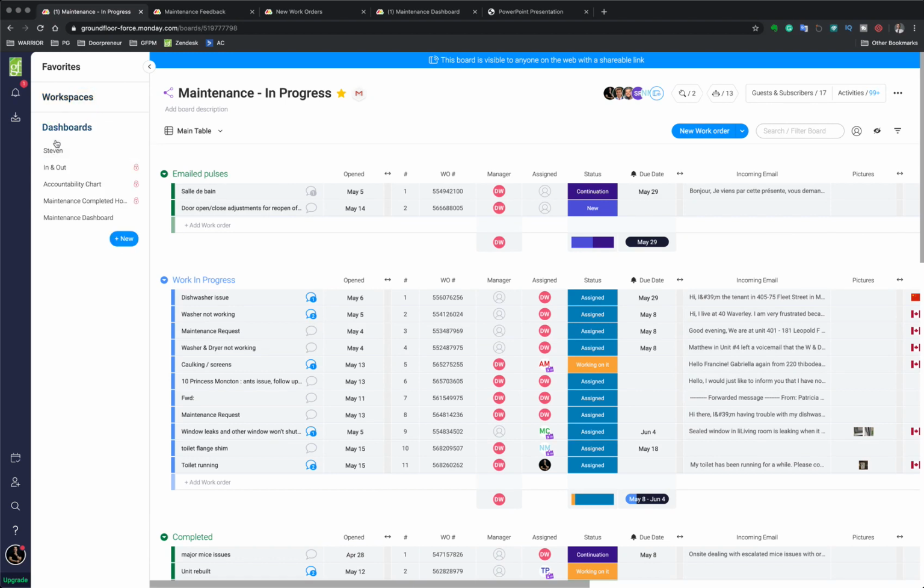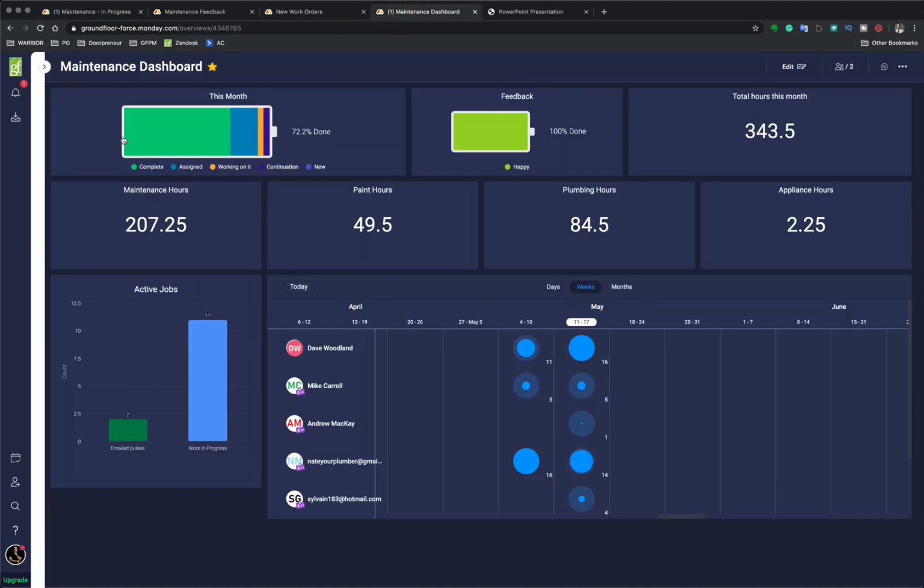But then we also have something called dashboards. And really, we haven't gone a lot into details with this, but I want to show you guys what one looks like. So this is a dashboard that we recently created for our maintenance. Again, this is completely automated. It updates 100% on its own. You just build it to track the data that you need, and you can see this stuff change in real time. And as you can see, somebody's doing some work, and this stuff is changing as I'm speaking, which is